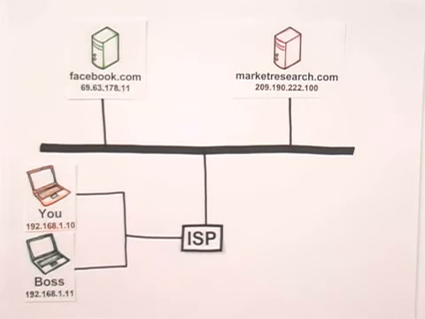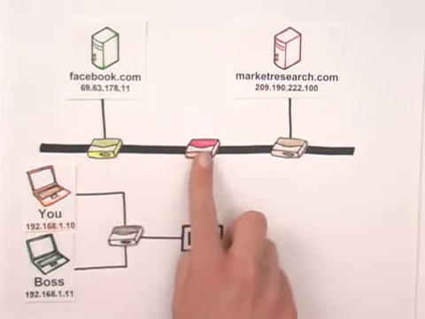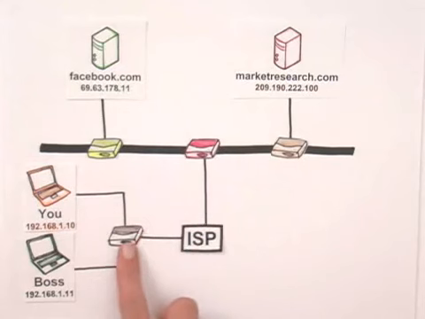Everything connected directly or indirectly to the internet has an IP address. Everything. That includes your computer, servers, cell phones, and all of the equipment in between. Anywhere two or more parts of the internet intersect, there's a piece of equipment called a router. Routers direct your packets around the internet, helping each packet get one step closer to its destination. Every time you visit a website, upwards of 10 to 15 routers may help your packets find their way to and from your computer.